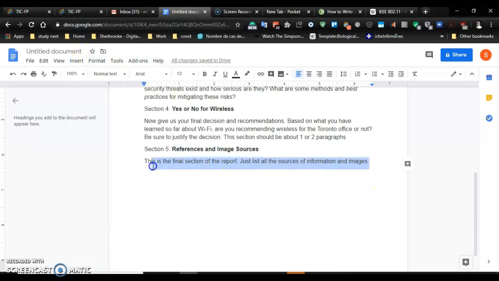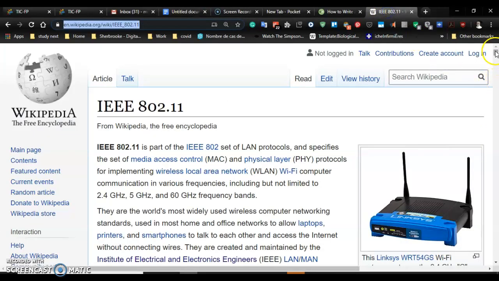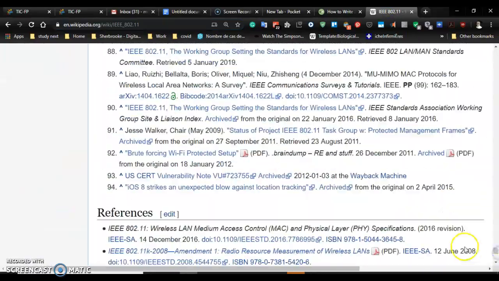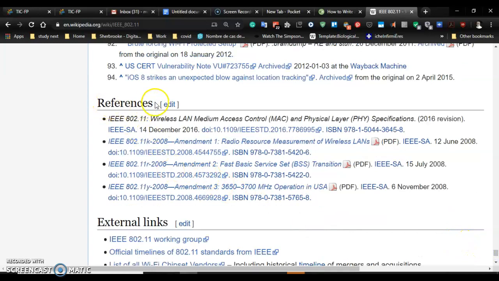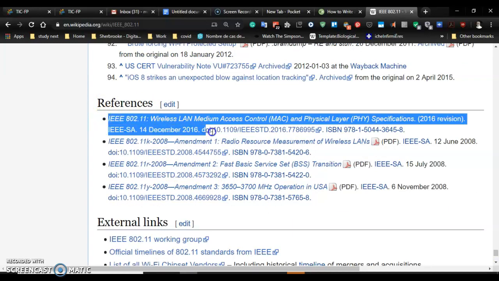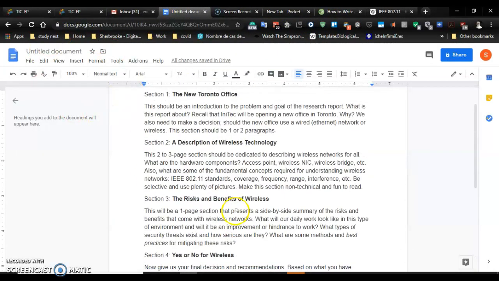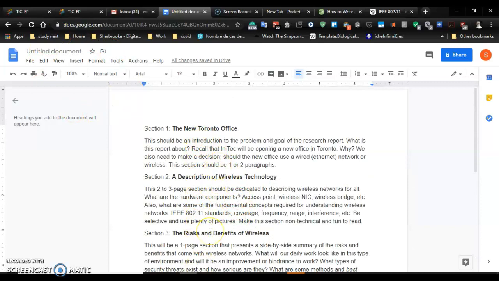If you need to manually add in your references and you don't know what a bibliography looks like, well, just get any bibliography you want and imitate the style that they're using. So I see references right here, so I can just simply imitate the references that I see here. So I'm going to have a title called References. I'm going to mention a source. Of course, I'm not going to have a year, the name of the article, and so on. So you would have to manually type that out if you're using Google Docs,